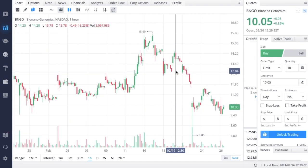Now, they are also partnering up with Microsoft Azure, which significantly decreases the cost to analyze the data that is spit out by the Saphyr and the compute time. It significantly reduces the time that you can analyze this data. So when you combine all of these different factors and the significant sell-off that we are seeing in Bionano Genomics at the current time, in my opinion, this is a great dip to buy. And if you have not gotten into a Bionano Genomics position, this could be a great time to initiate your first position. We have also seen Bionano Genomics mentioned in ARK's Big Ideas Report 2021,